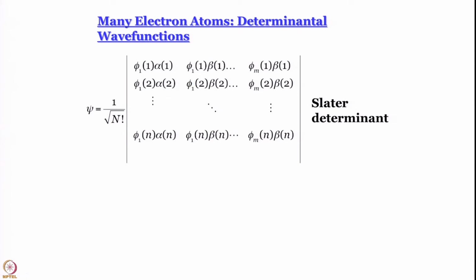Okay. Let us see what the determinant would look like. Look at the first row. In the first row we have kept the electron label the same as usual, and spin orbitals have changed from phi 1 alpha, phi 1 beta, next one will be phi 2 alpha, next one will be phi 2 beta, so on and so forth. Okay. We are going to say 2 things.